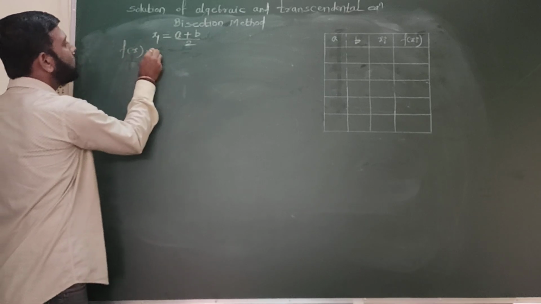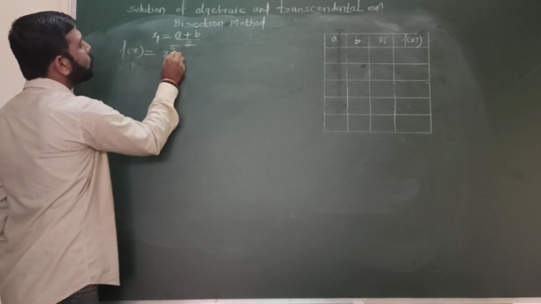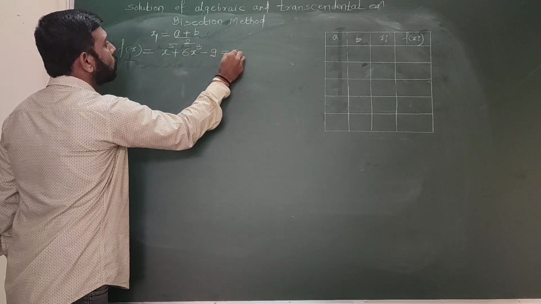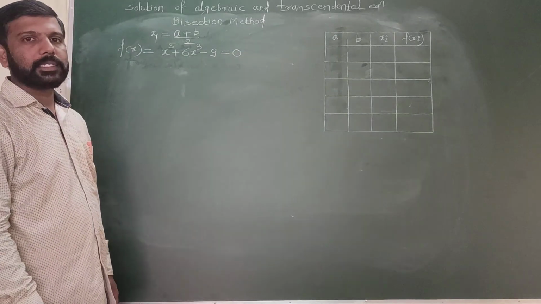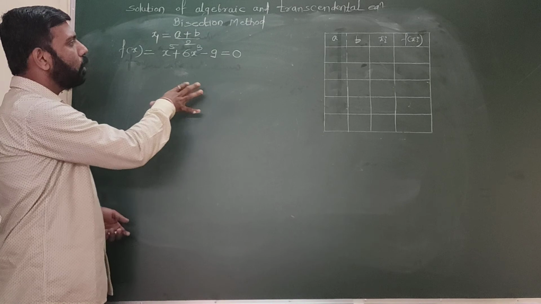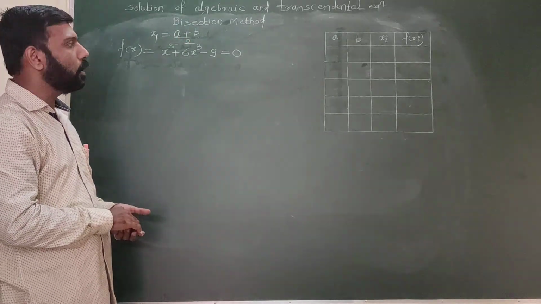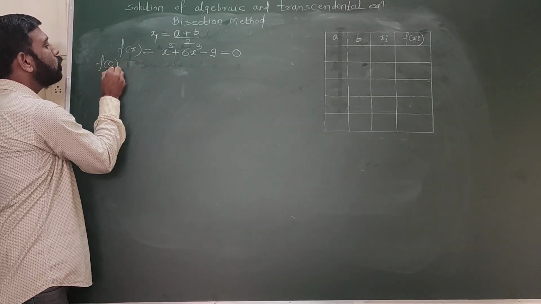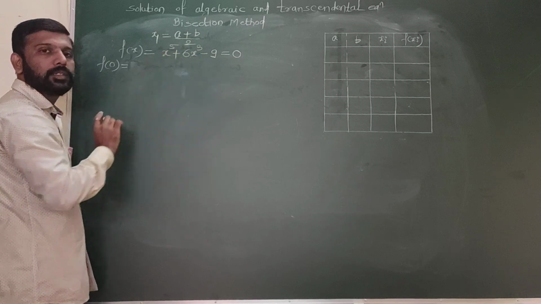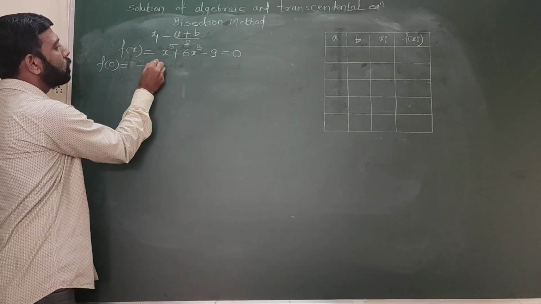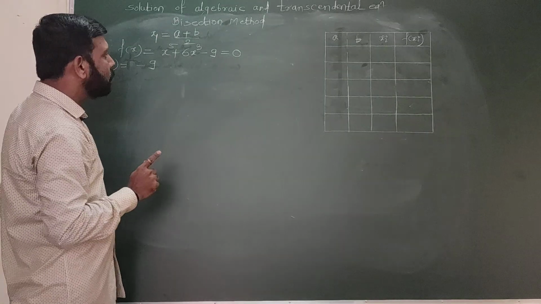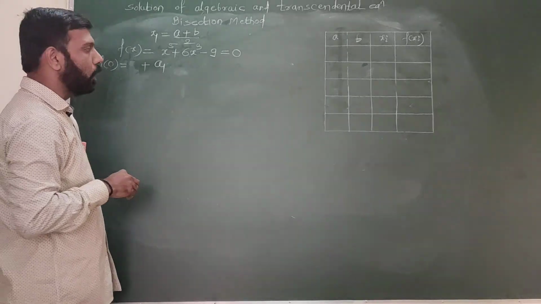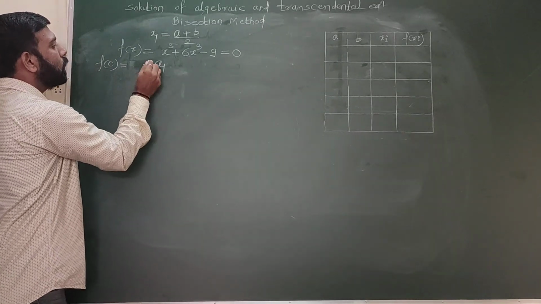Let f of x equal to, randomly I have taken one example here. So for this example, we'll see how this method applies. Initially we have to start by substituting x equal to 0 in this polynomial. So the first value is minus 9, but I am not taking this minus 9. Suppose that value is positive a1 or negative a1.